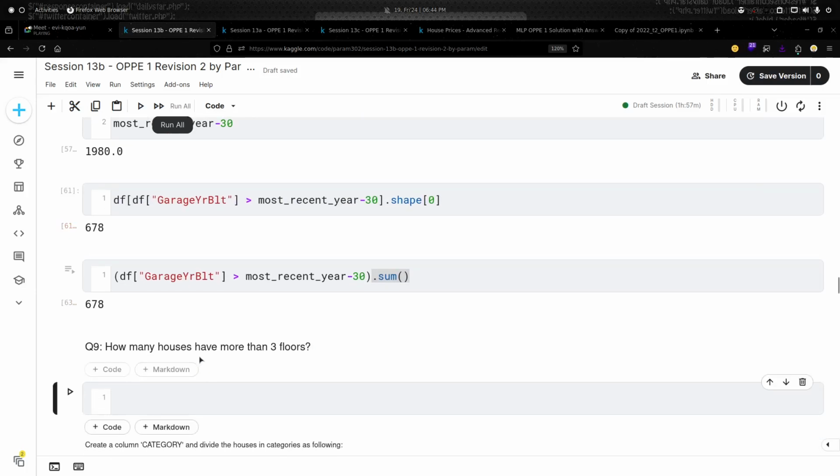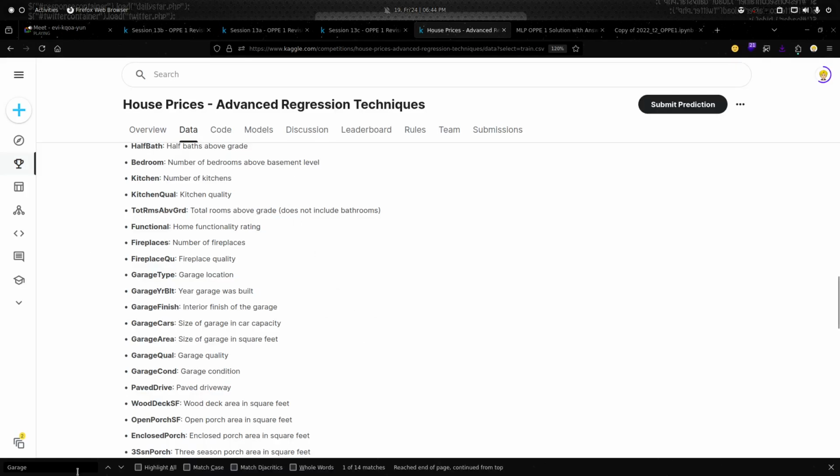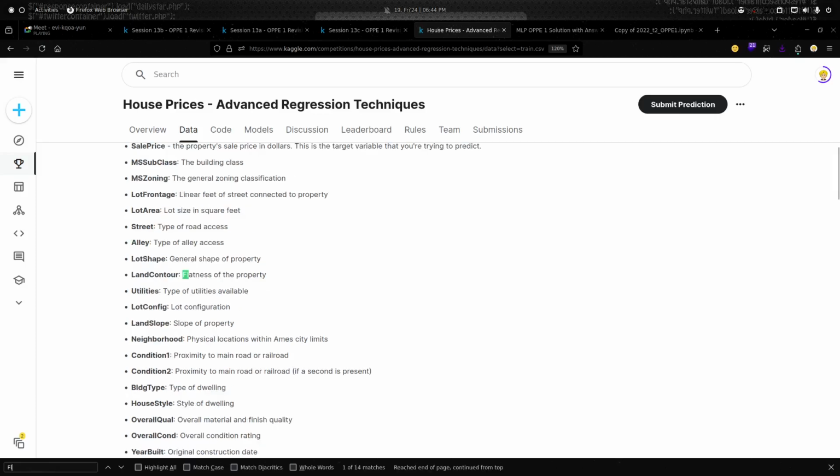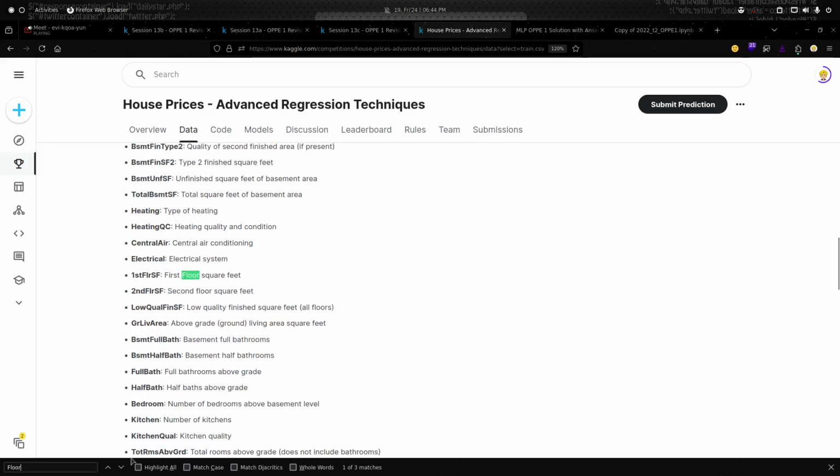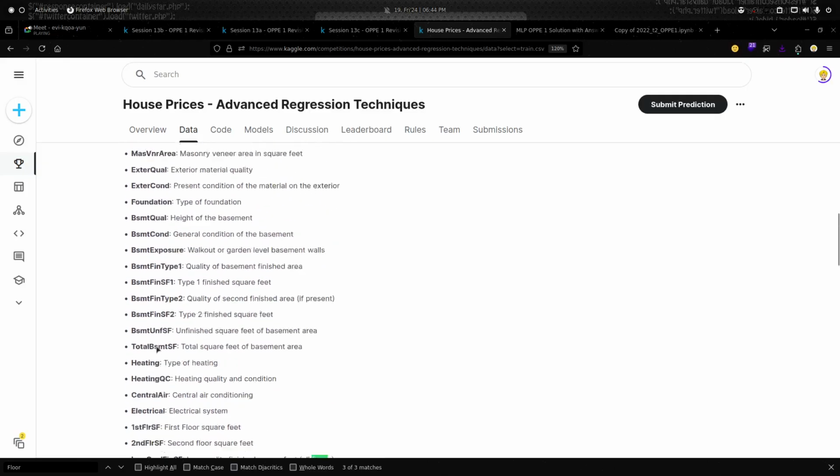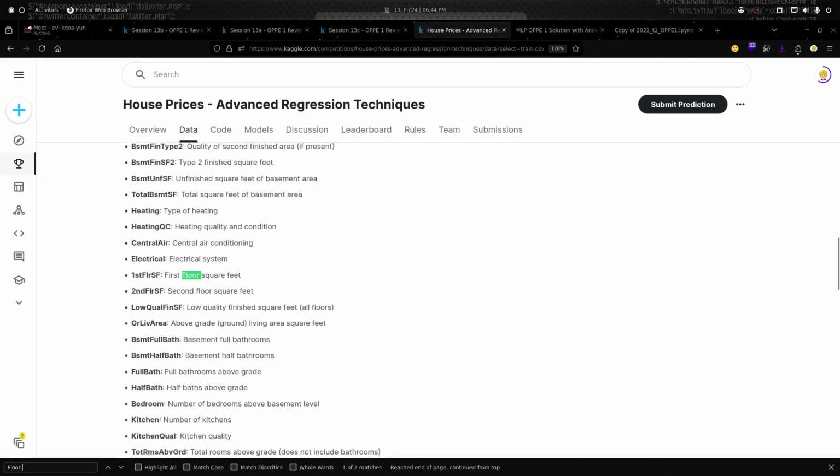Okay. So next question is, how many houses have more than 3 floors? For the floor count, anybody knows the column name? I need the floor count.